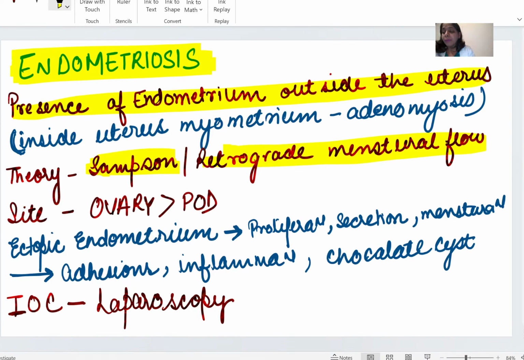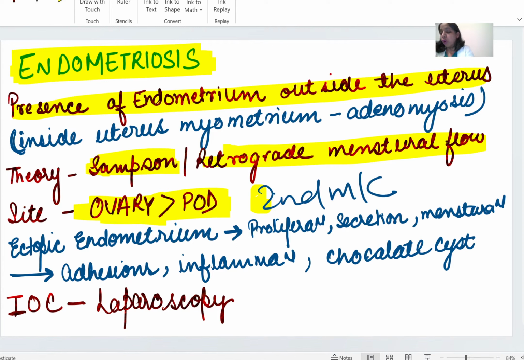So the most common site of endometrial implantation, as it goes via the fallopian tubes, is the ovary, followed by the pouch of Douglas. So this can be asked: second most common site of endometriosis. Now when this